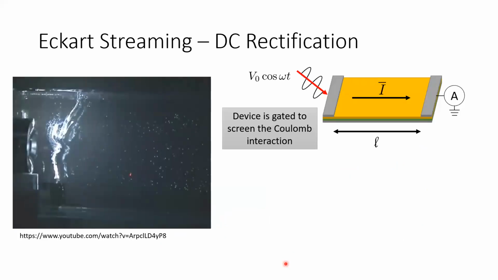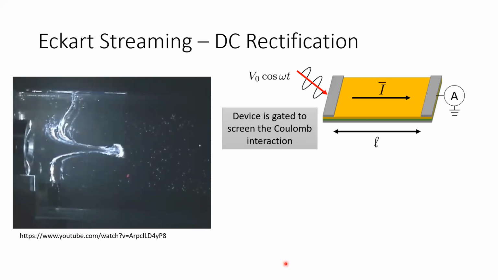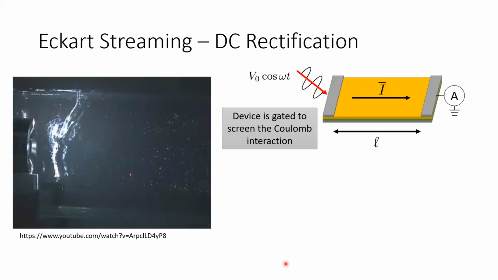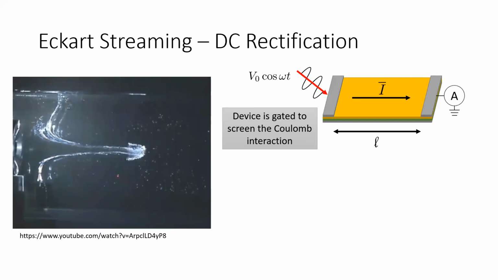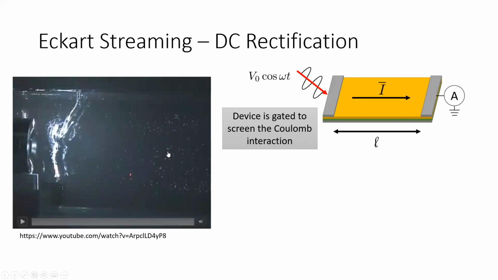Okay. So there are no more questions on that. Then I'll go to the next effect, which is the first of two acoustic streaming effects I want to discuss. This one is called Eckart streaming. On the left, we have an example of Eckart streaming in the classical setting, where we have this ultrasound transducer just vibrating back and forth and generating, surprisingly, a jet of fluid flow.